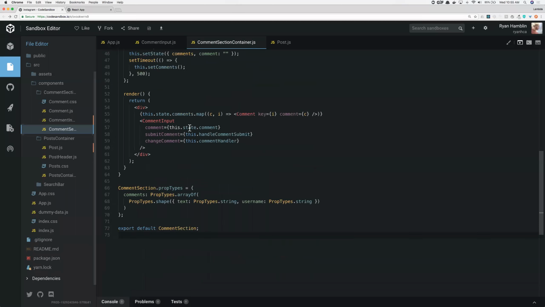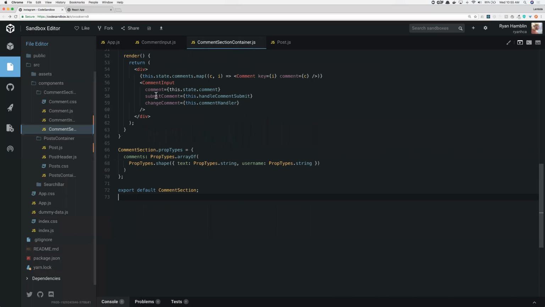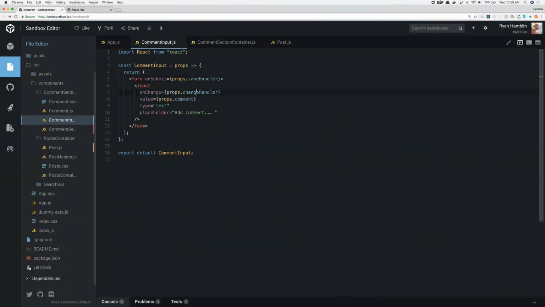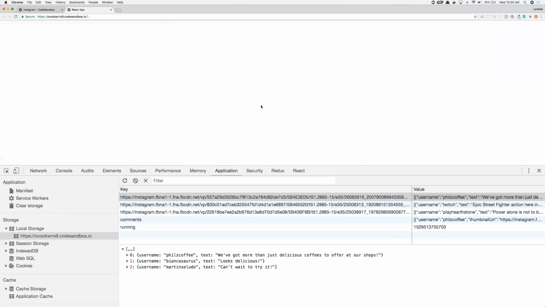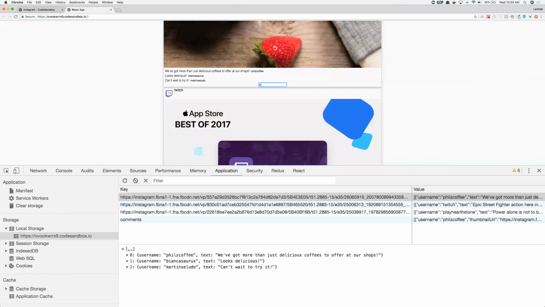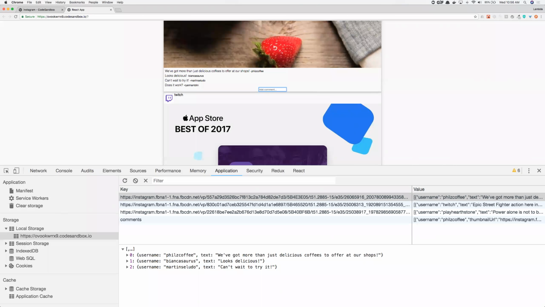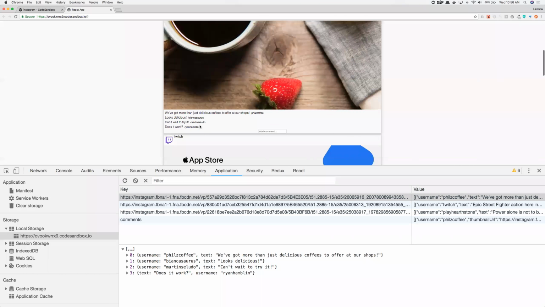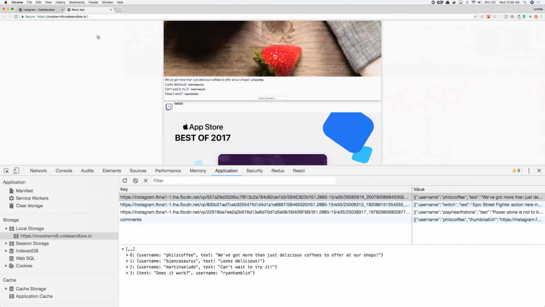Oh, I called it, I had to have called this something else. Change comment. Okay, so these two things need to go down to input. Props.comment. Okay. Does it work? Does it persist? It does, and I don't know what the difference was between my solution code and the code that I